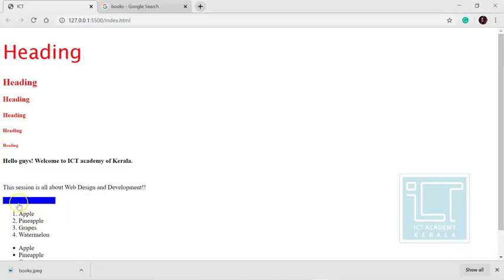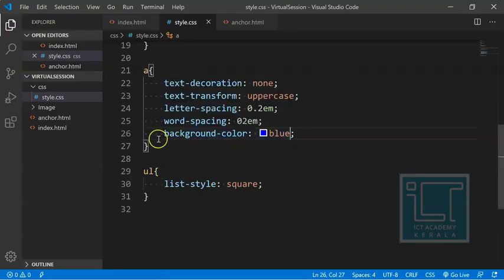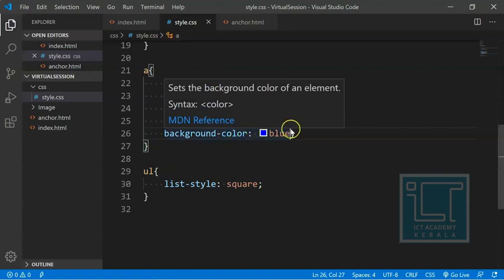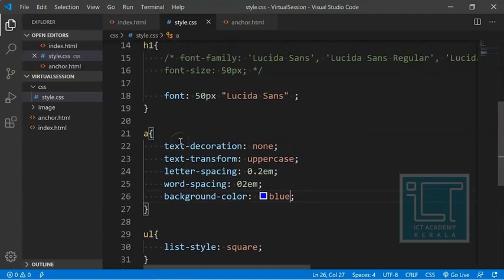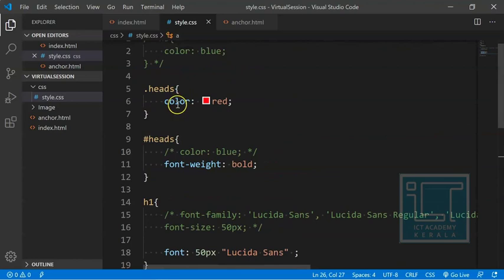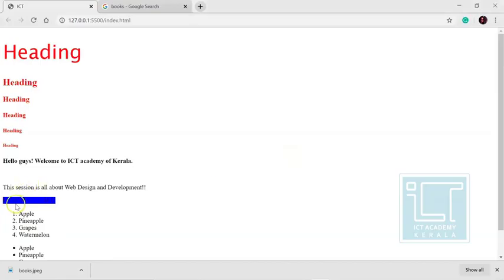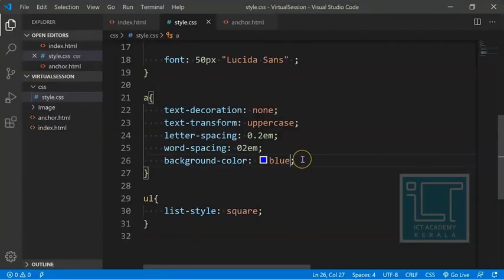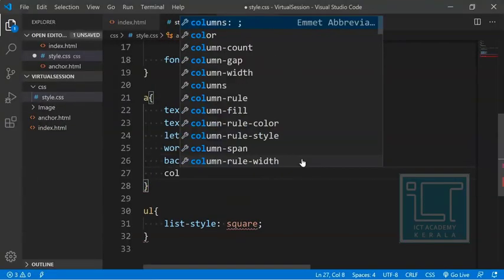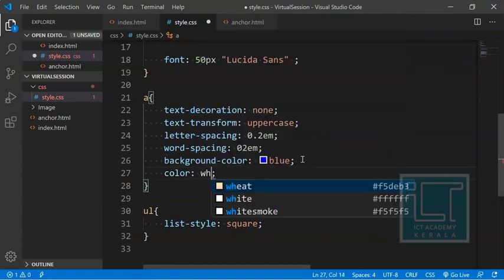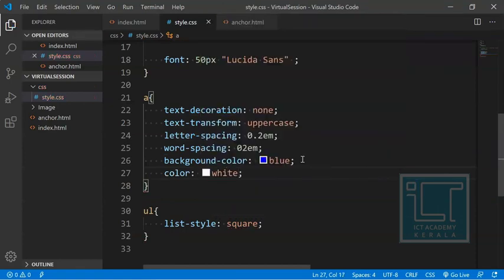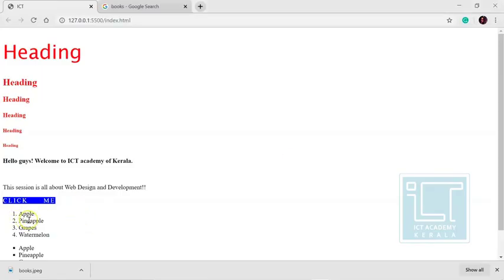See here, like this we can change the background color also. Background color can be given directly like background hyphen color, and it can be blue. If you give just the color, that means the text color is going to change, not the background color. Since the background color is blue, I can give the text color as white. In order to give the text color, I can simply call color and give white. See, this is a click me.